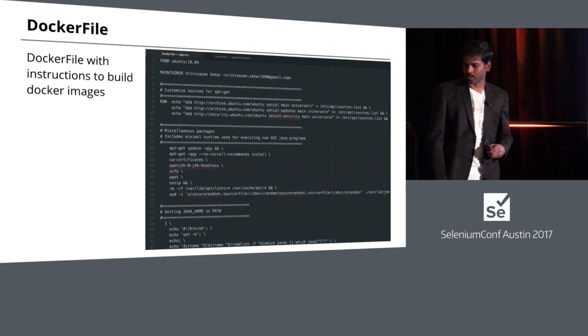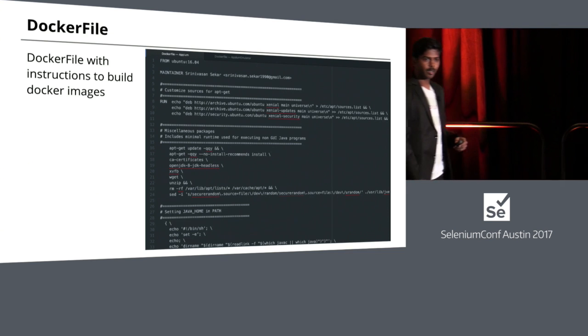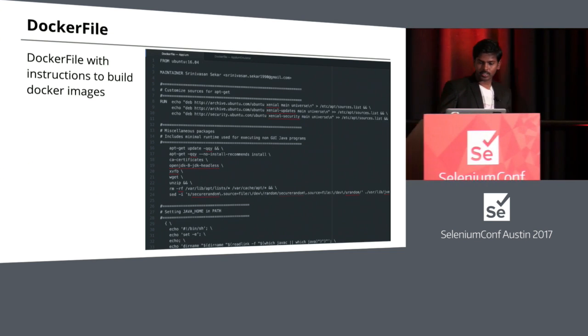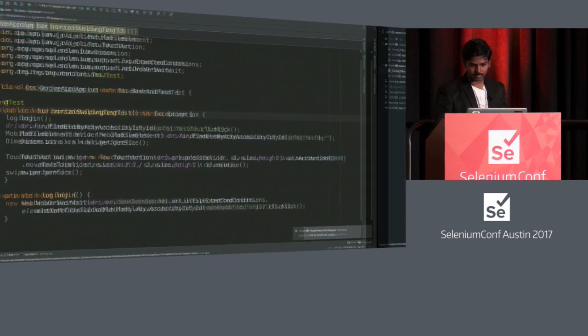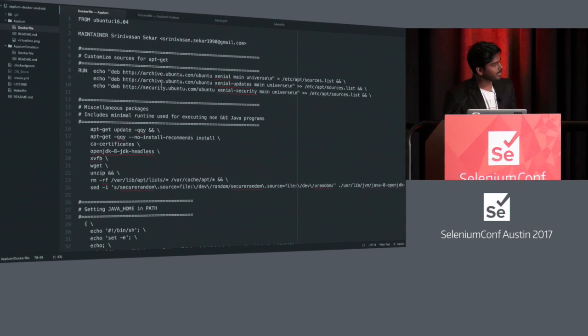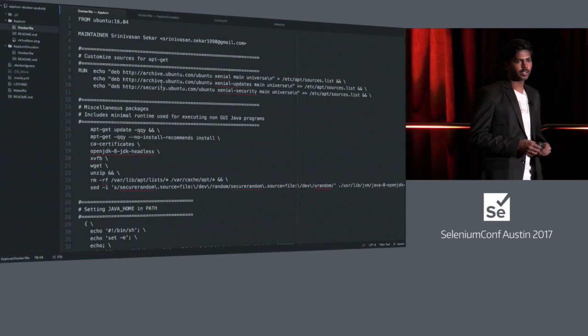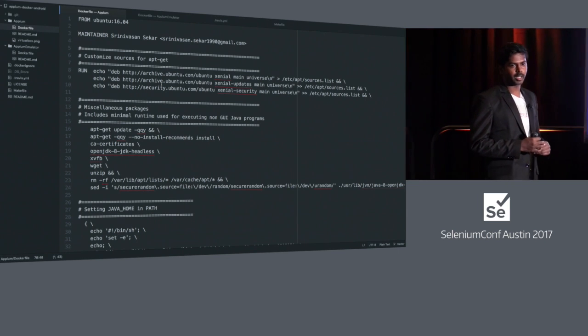So this is how a Docker file will look. Is it visible? It has a set of instructions for the Appium Android setup to be up and running.